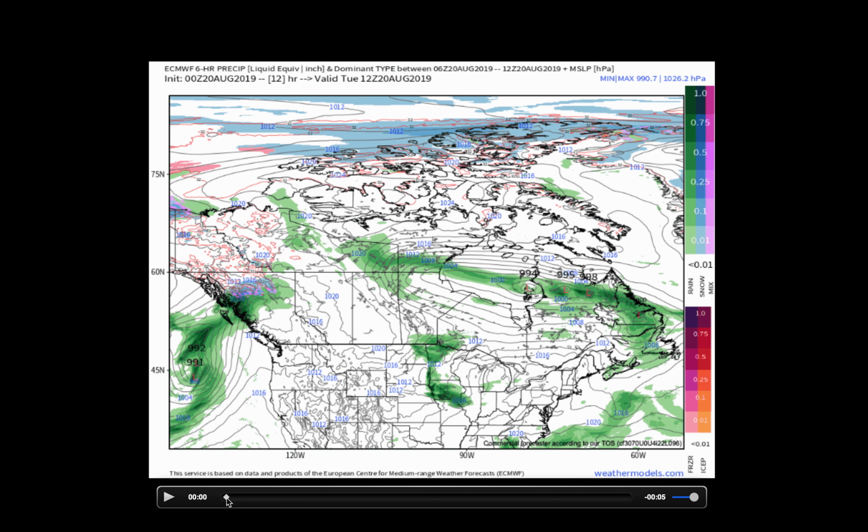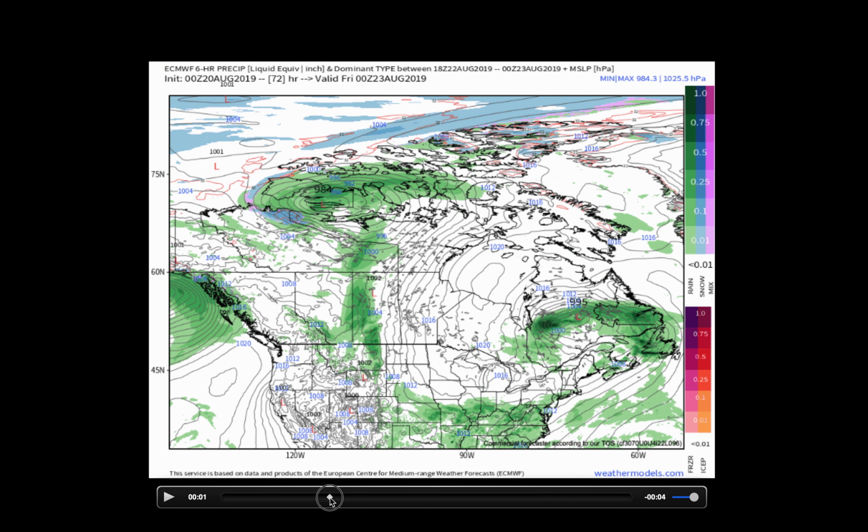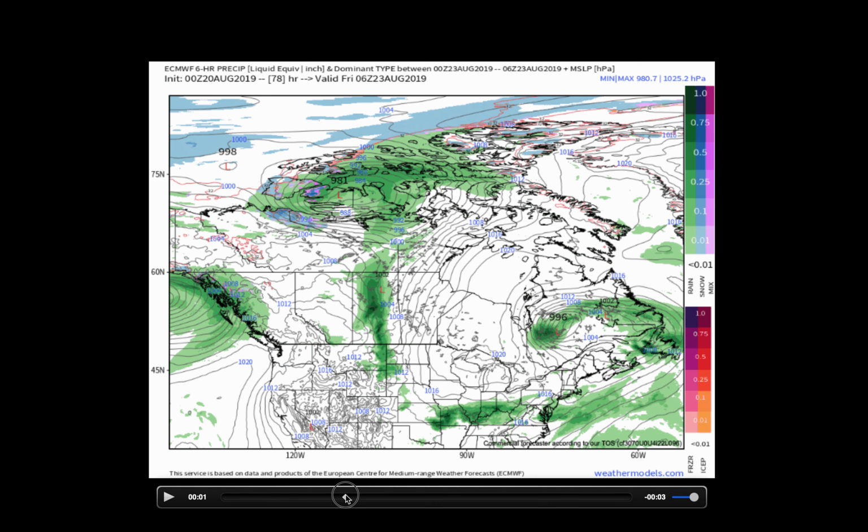Again, watching these rain showers get out of southern Manitoba this morning, quieting down for about 24 to 48 hours before we get into Thursday morning. Now you're seeing this storm system moving across the region. So Thursday, showers and storms across southern and central Alberta, pushing into Saskatchewan by Thursday afternoon and evening, moving from